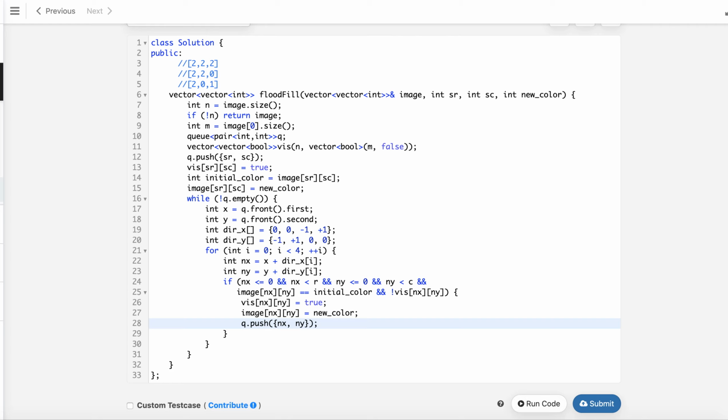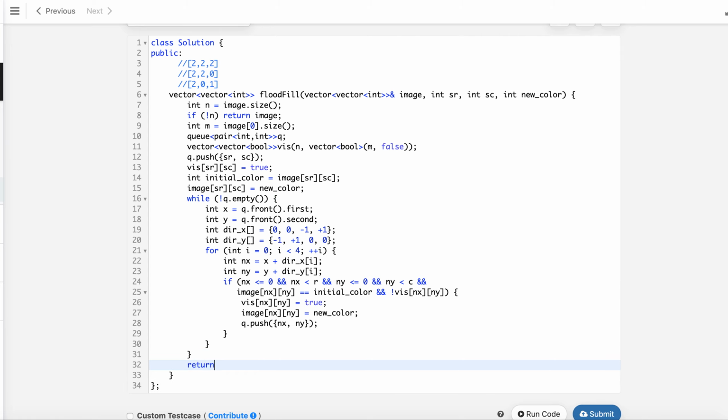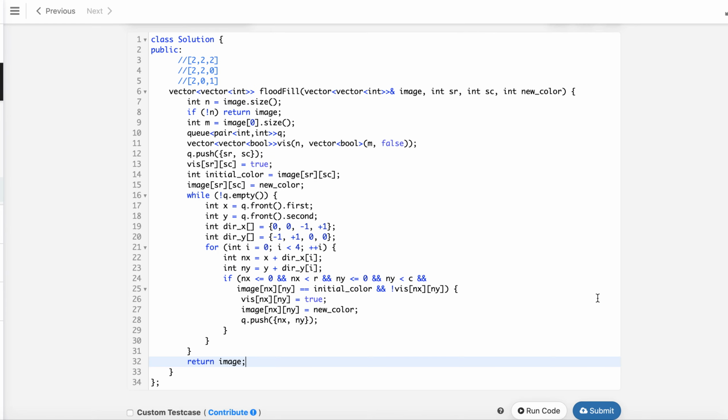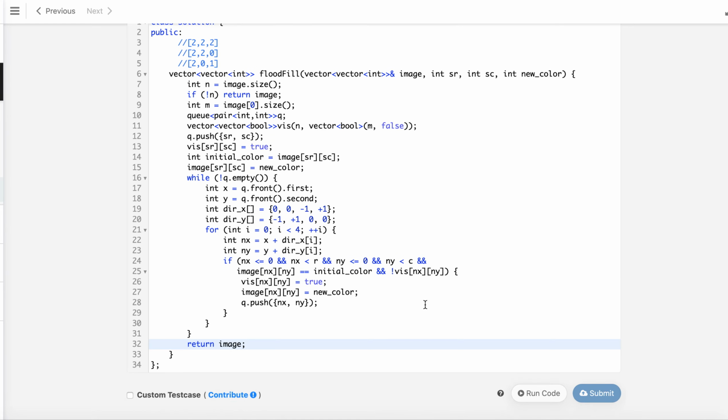Anything we missed? Looks like nothing. We are done. Let's return. What do we have to return? It's the same image. Let's run the code. If it compiles,